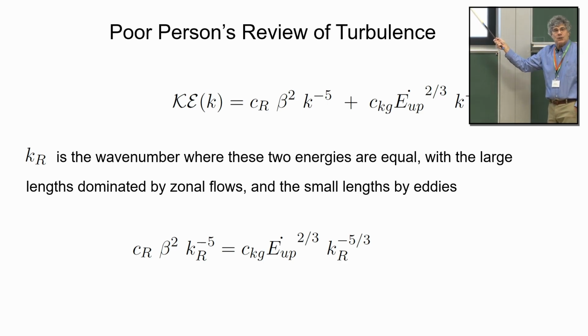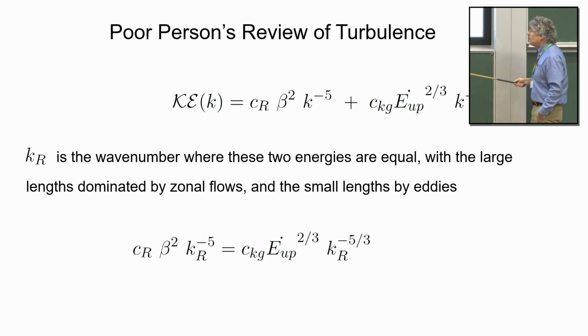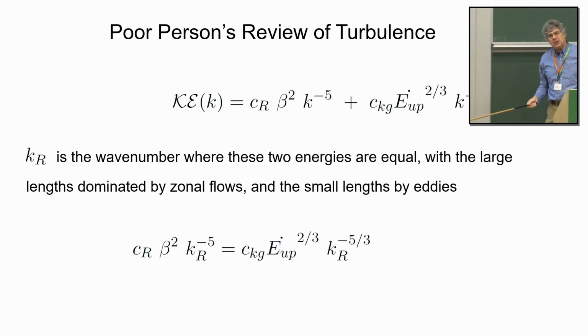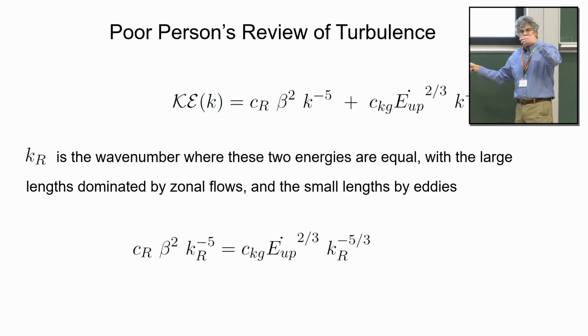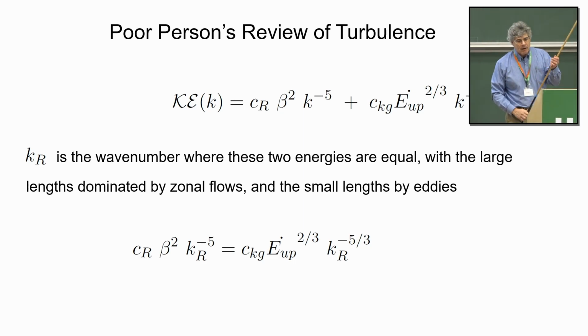The eddy piece is going to dominate for large k or small scales. If I set this term equal to this term, and define the value of k where they're the same as k sub r, it tells me the separation. So for values of wave number less than k sub r, you're going to be zonally dominated,